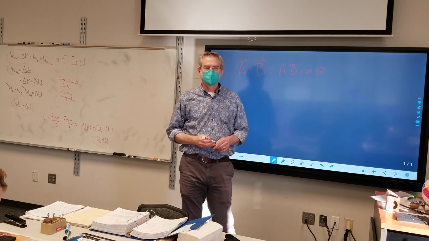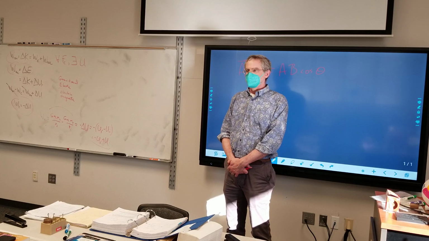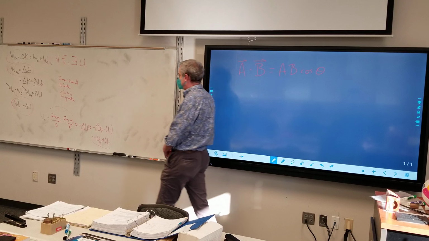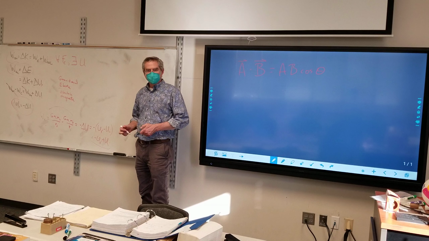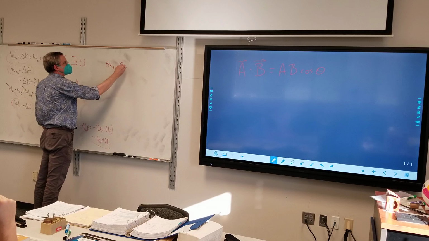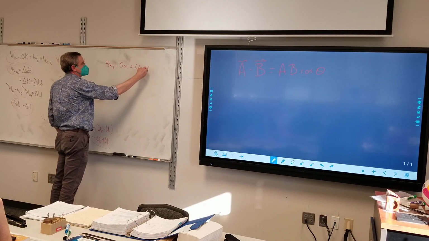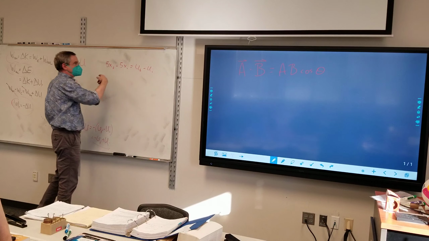The change in U is equal to U final minus U initial. Change is always final minus initial. Right. W_C equals negative change in U. All right, let's look back up here for a second. If I had 5x final minus 5x initial is equal to U final minus U initial, what would be an equation for U that would make this work? 5x. Yeah. So in this case, U is equal to 5x would work. There are others, but